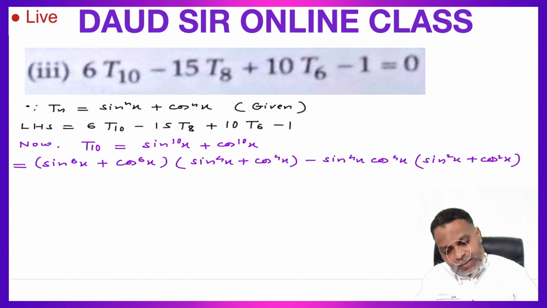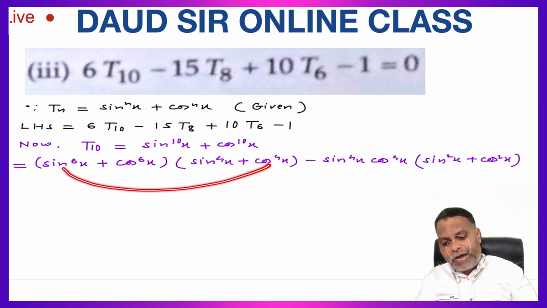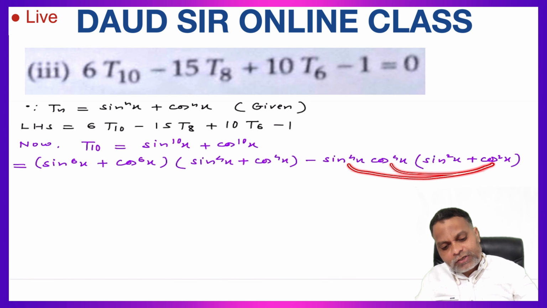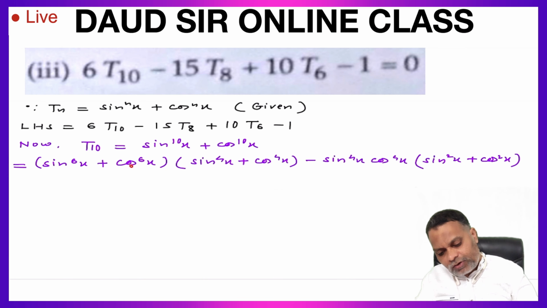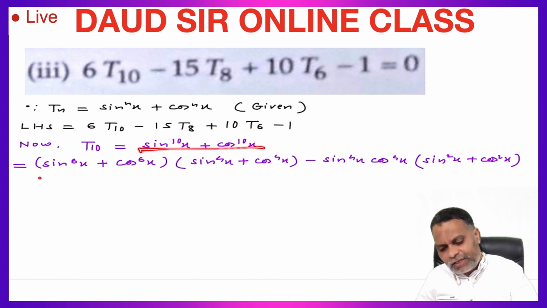This is sin raised to the power 6 into cos raised to 4. So from here, sin raised to the power 4 and cos raised to 6, and this is minus, so it will be cancelled. And when we multiply here sin raised to the power 4 and cos raised to the power 6, it will be negative, and this cos raised to the power 6 and sin raised to the power 6 positive will be cancelled, and only we will get sin raised to the power 10 and cos raised to the power 10. When we are writing like this, then only we will get sin raised to the power 10 and cos raised to the power 10. So we have to write this in this form, which is equal to